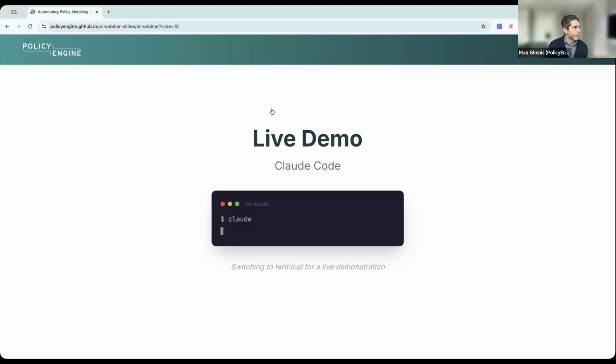It's going to be this one. Okay. Now, if you haven't seen a terminal before, this is Claude Code. Well, this isn't Claude Code yet, actually.